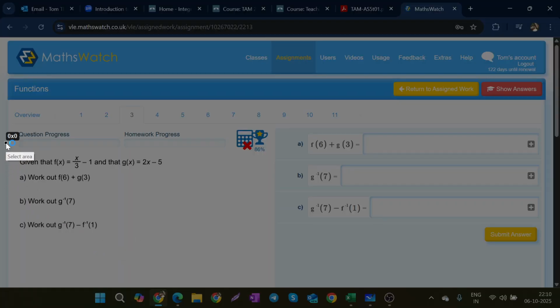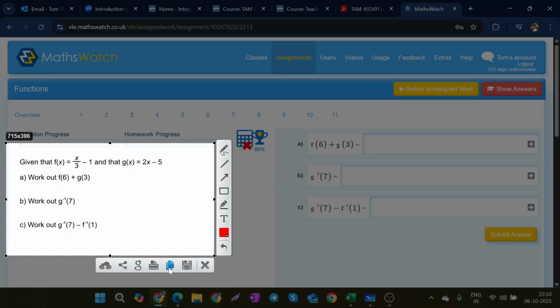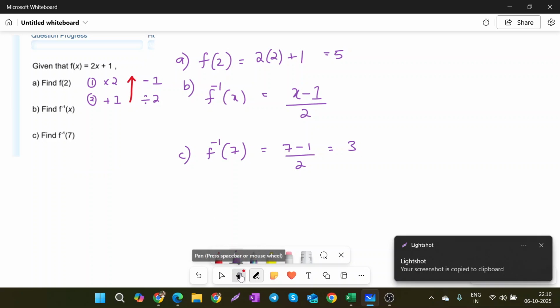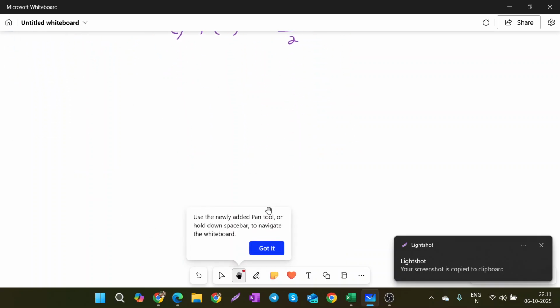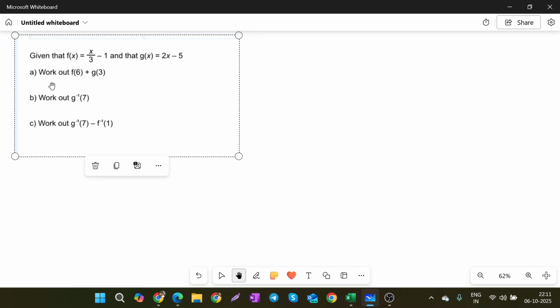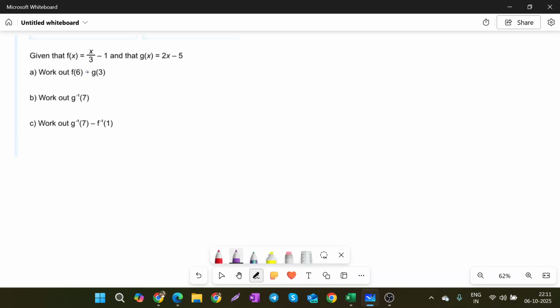Number 3 looks a bit more challenging. Let's see. Okay, number 3 says, given that f of x is x over 3 minus 1 and g of x is 2x minus 5,